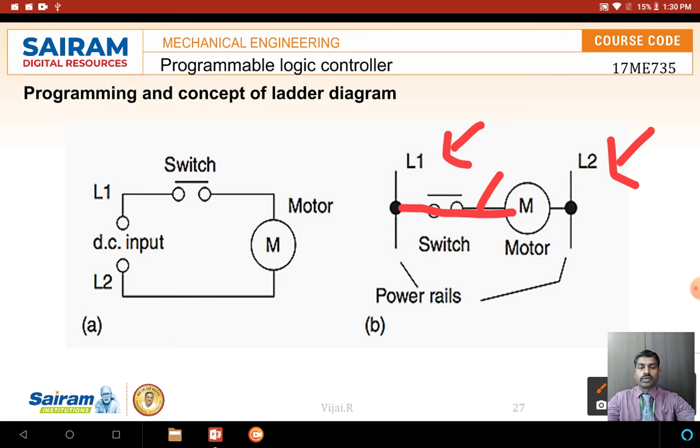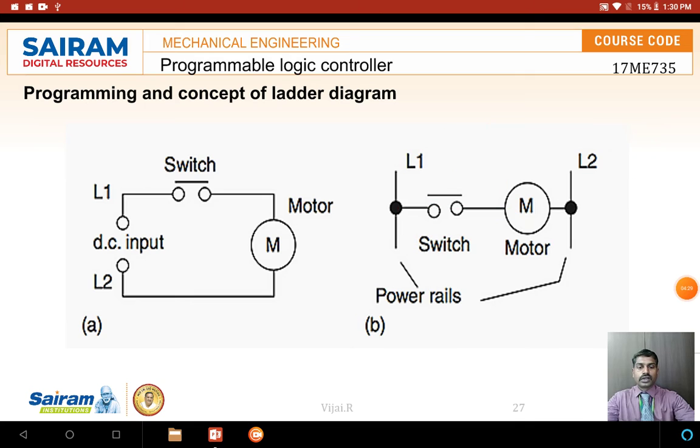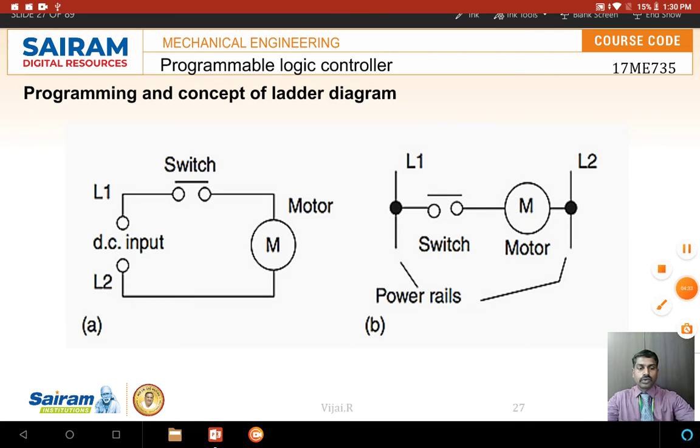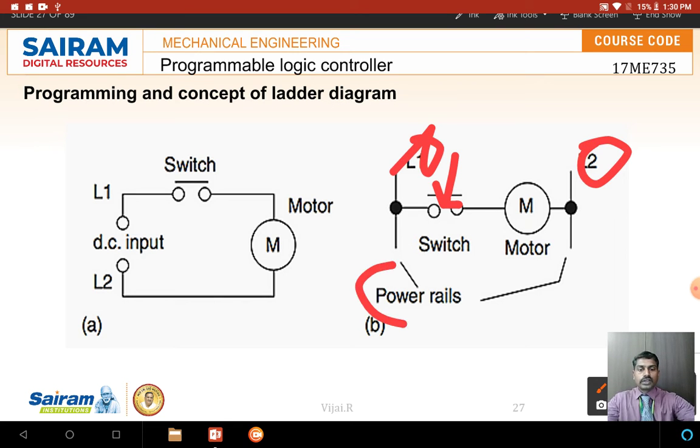The power is connected when the switch is on. Now we are going to switch on this motor. Suppose I press this switch, the line gets connected, and the power supply goes to the motor. The L1 and L2 are called power rails.